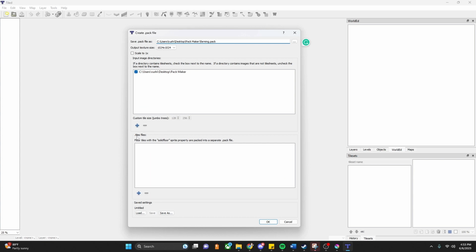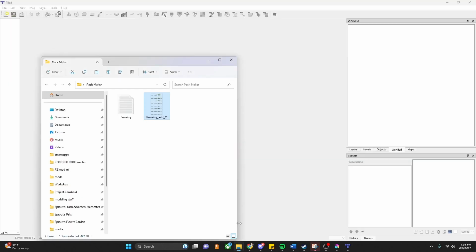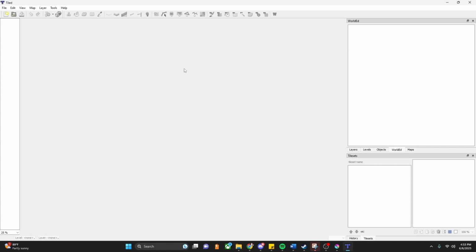This one you only really have to do if it's a solid floor into a separate pack folder. I don't really mess with that, and I don't really mess with save settings either. Press OK. Then you can open up your pack maker and see that it made a pack file, farming.pack. We're just going to leave that there for now, and we're going to go ahead and make our other file